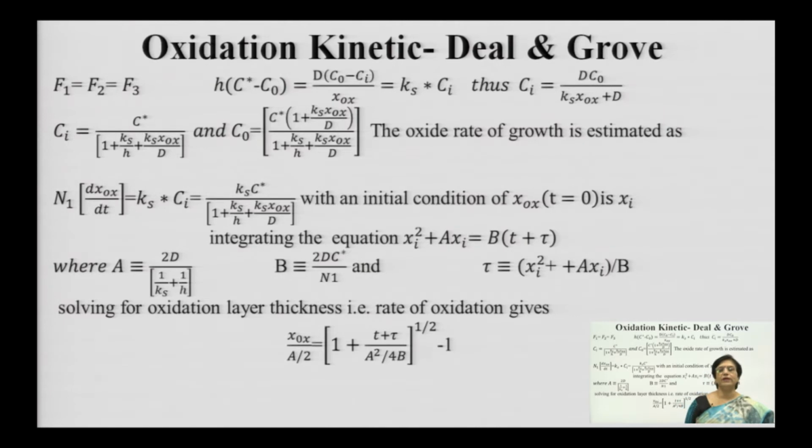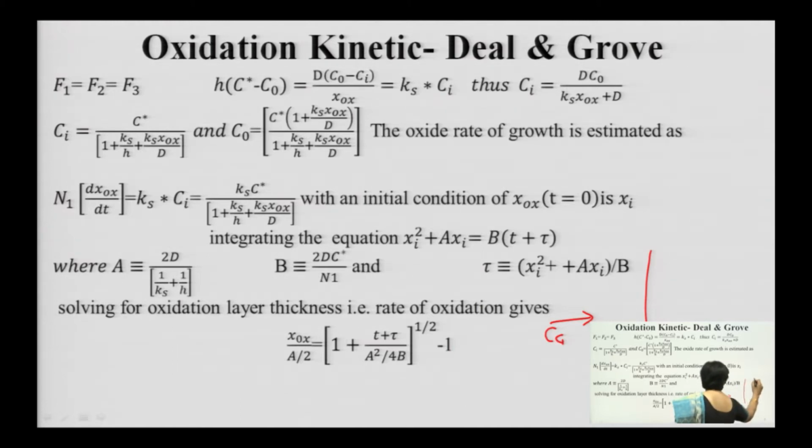So, first, going ahead with the actual technique, let us revise what we studied in the Deal-Grove method, because that is going to come in handy here when you are understanding the impact. In the Deal-Grove method, when I explained the oxide kinetics initially, I told you we consider three fluxes. The first is the gas flux, the oxidizing species available in the gas which are transported to the surface, and we call that CG.